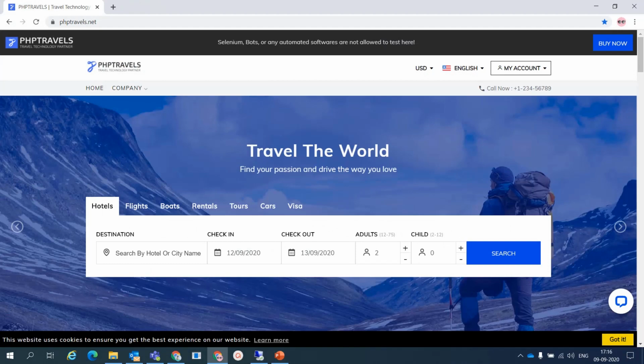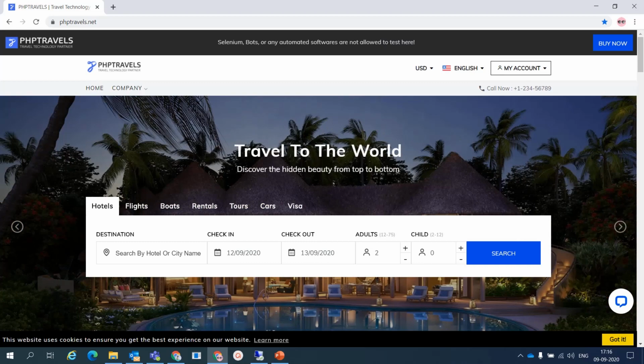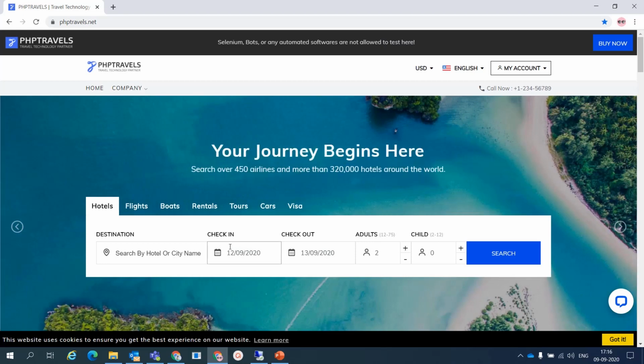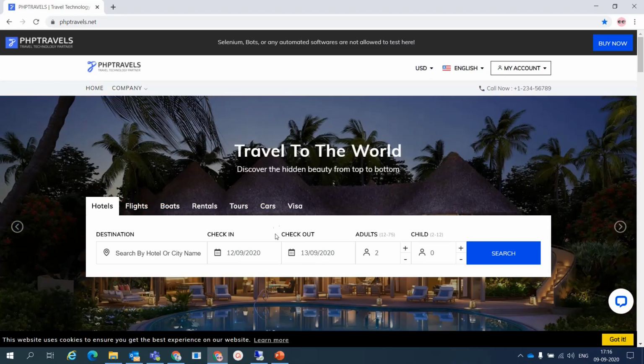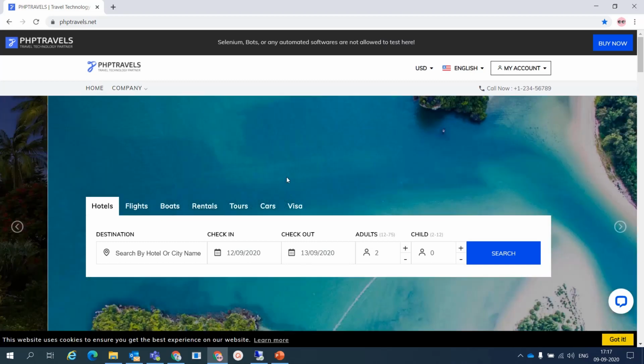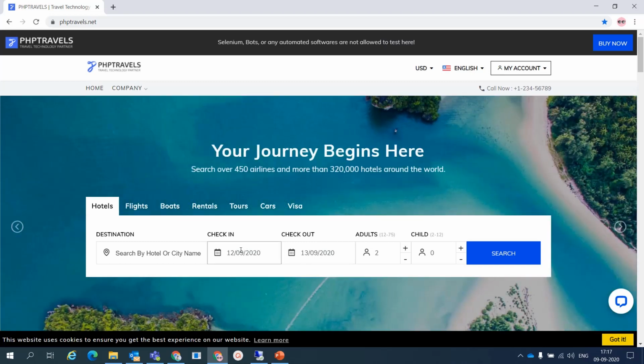Here I have this sample travel website. So for practice we'll use this site just to identify XPath. Suppose here I want to enter check-in date and check-out date through an automation program. How to write the automation program and how to do automation is a later part. First we'll learn how to find this element uniquely. When I search that specific XPath, it should show only this element, nothing else, only this element.